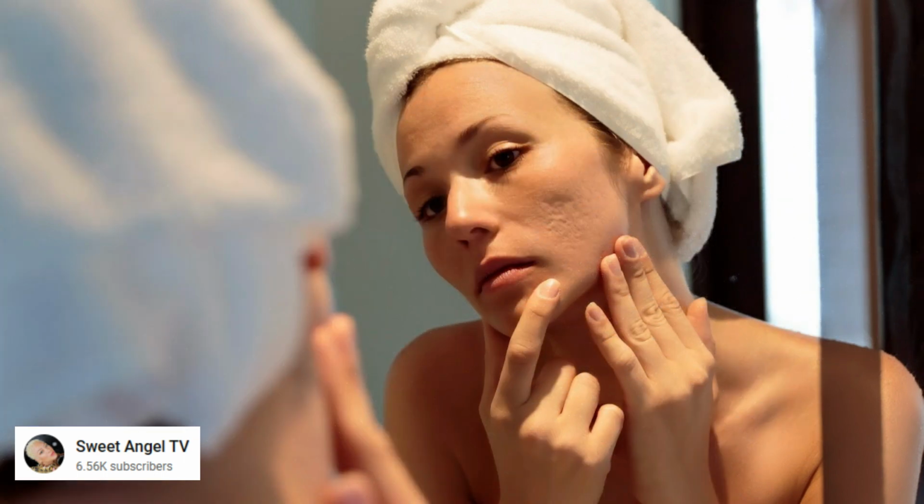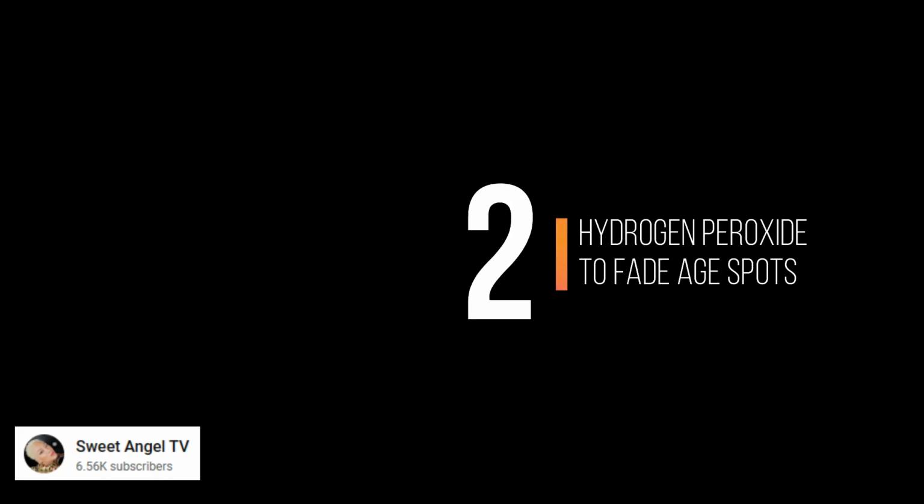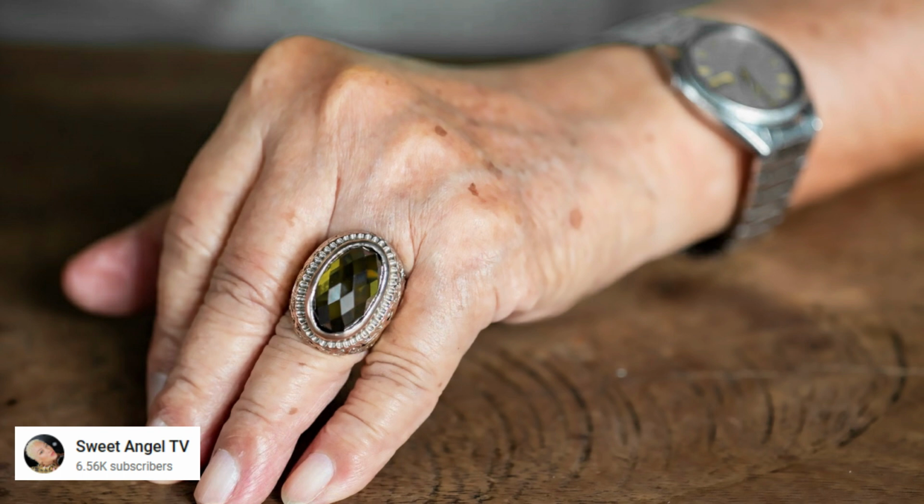Now, just a word of caution when it comes to using hydrogen peroxide. It is an effective treatment for acne marks and other pigmentations. It must be handled with caution, though. It is advised that it is used sparingly. Also, the concentration of the aqueous solution has to be 3% or lesser. If you have sensitive skin, it is recommended that you consult a dermatologist before using this product. Whether the spot be an age spot, sun damage, hyperpigmentation, liver spot, which aren't related to our liver at all, but that's what they call it, or a dark spot left by acne,